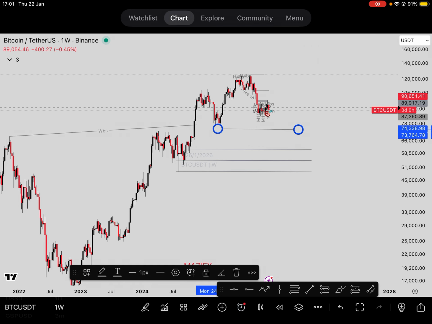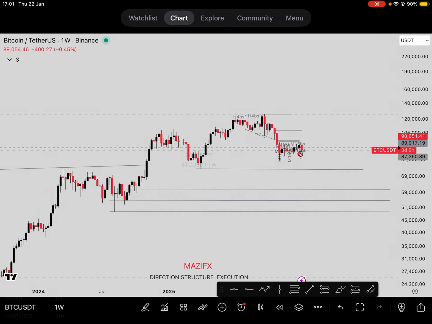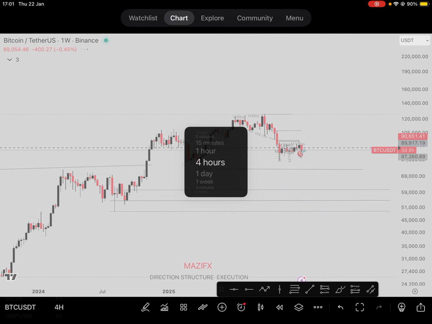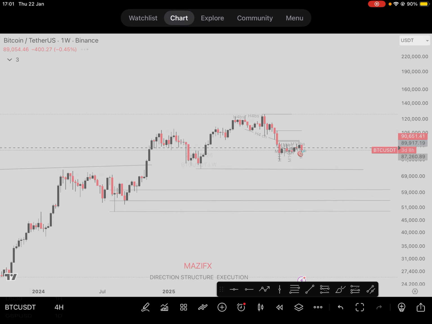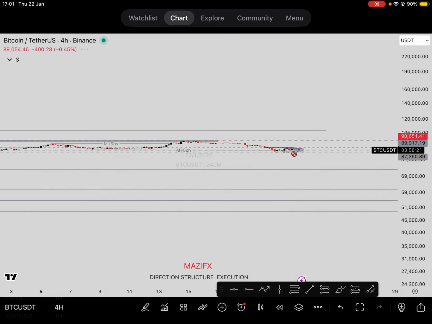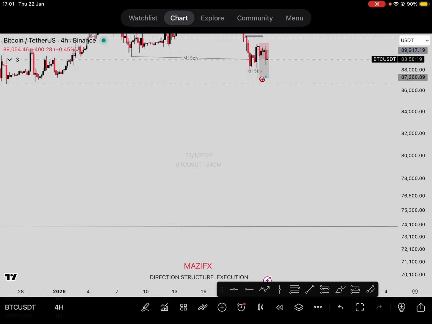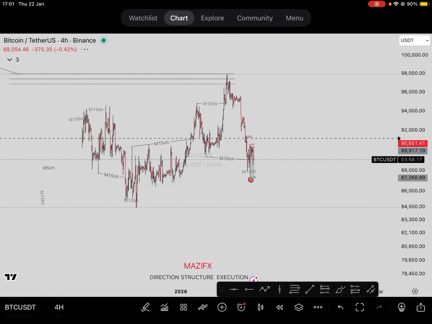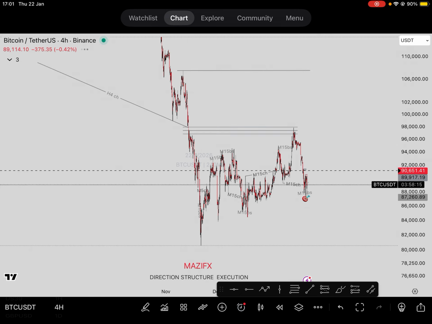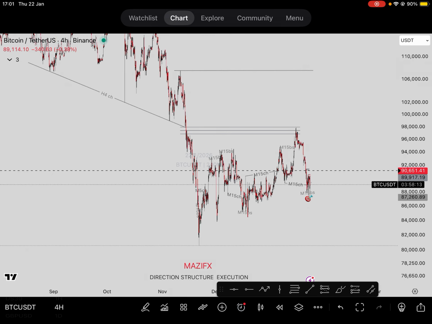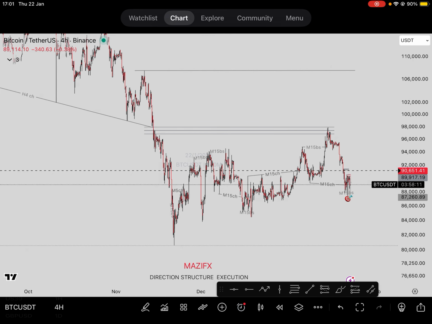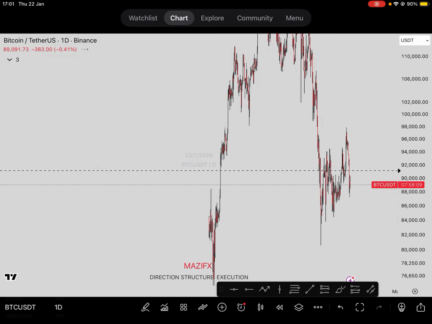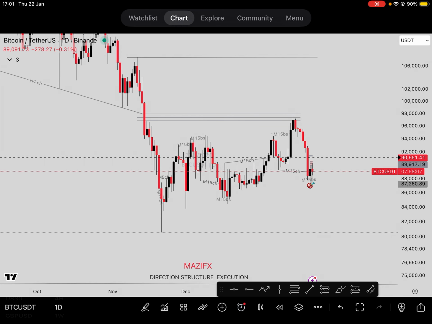So based on this alone, I just knew that people should start selling. I was expecting BTC to come on now. Why are you delaying? Why are you wasting time? So I was expecting BTC to come into that zone I marked above here. But BTC got to a point and did a reaction, so I had to go to daily and see why BTC did not come to that point.